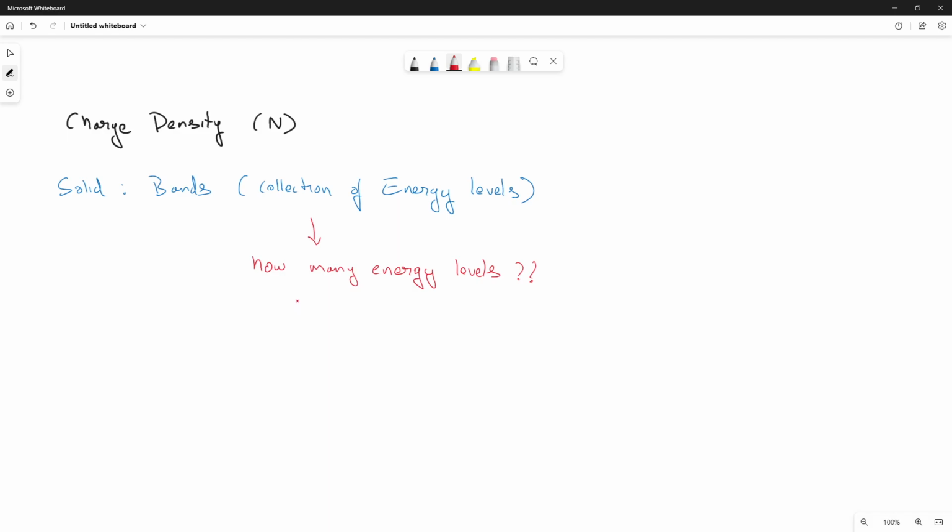So, integration of energy states from E to E plus dE. Yes. So what is that thing known as? We just discussed it. The answer is density of states. This is why we studied density of states. So in a given band, conduction band or valence band...